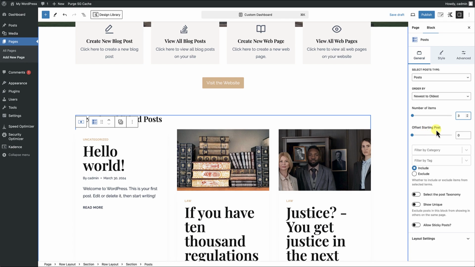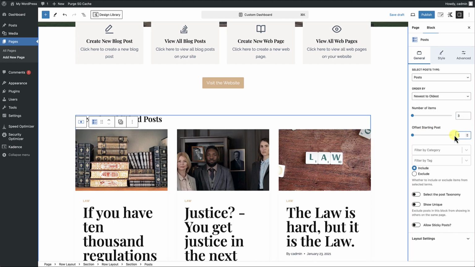Offset starting post. So the starting post here is this hello world default post. So for now, we're going to set the offset starting post to 1. That's going to go ahead and remove that. And that way we have full posts as the options here. Okay, and as we scroll down, everything else can pretty much stay the same, but we want to go to